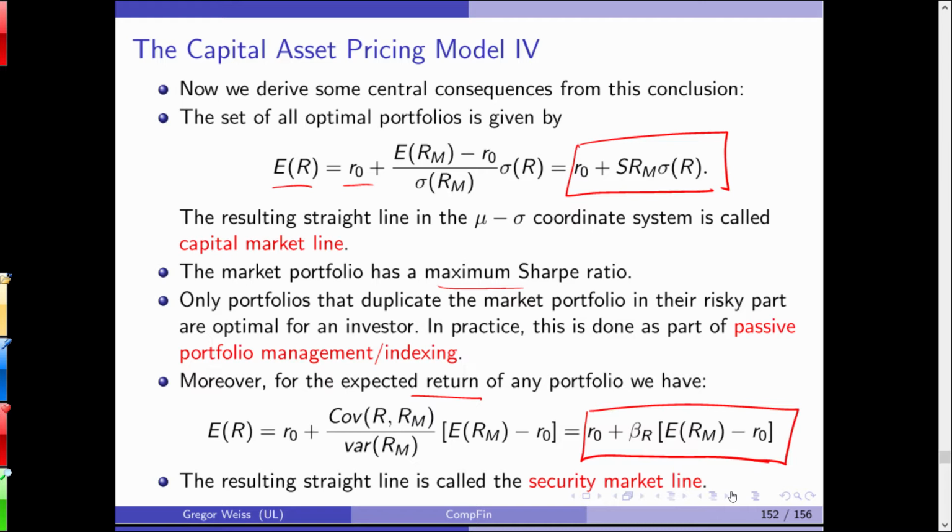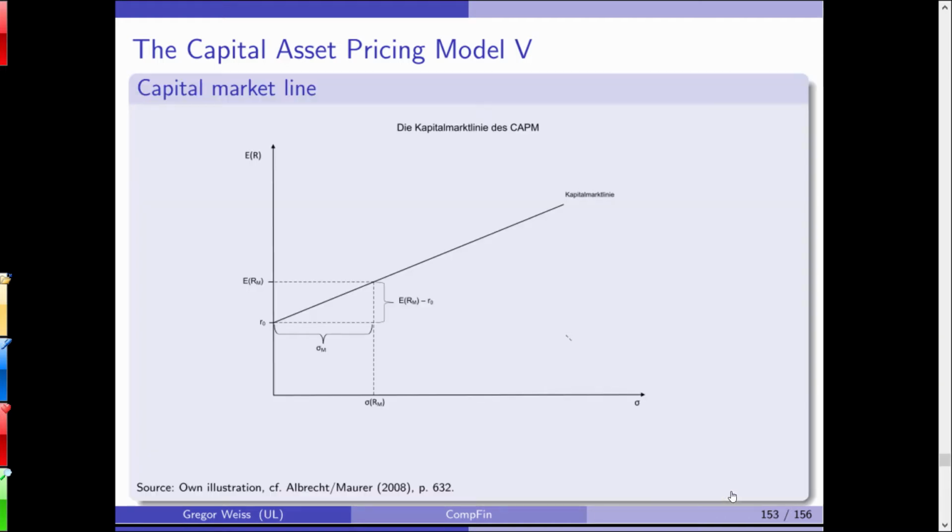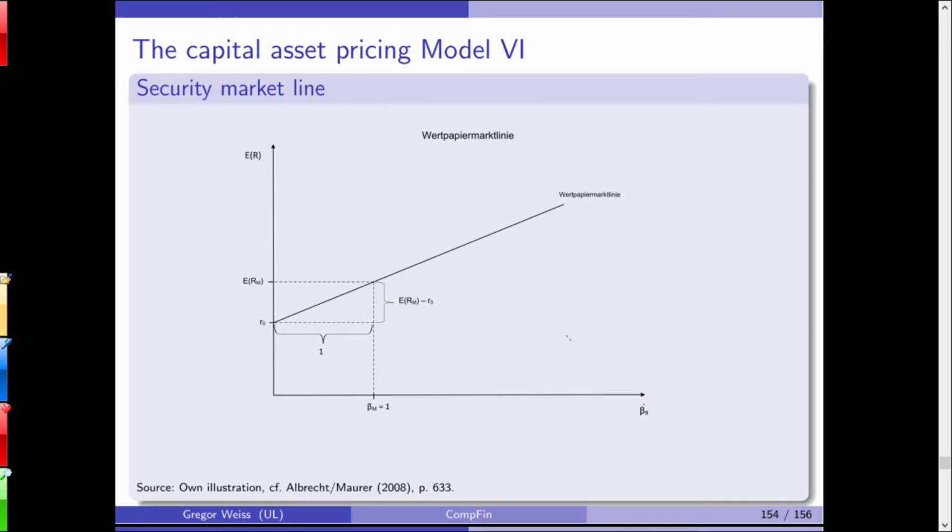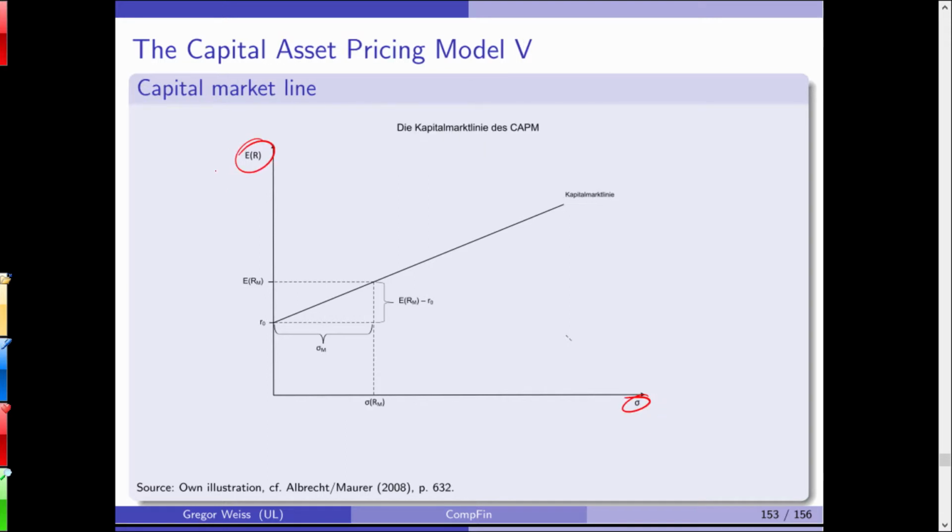In the second we have a mu-beta graph. The security market line shows you how the expected return depends on the beta. This is the capital market line, in German Kapitalmarktlinie, with sigma and expected return, and the security market line is beta and expected return, and